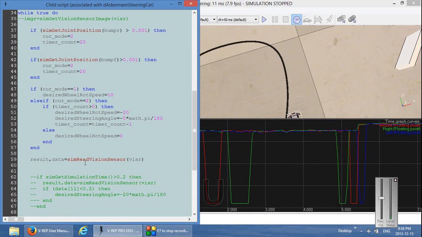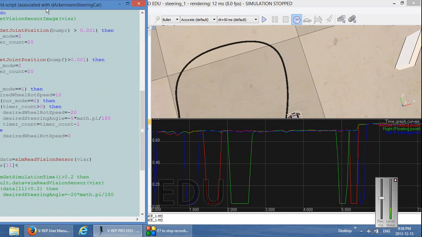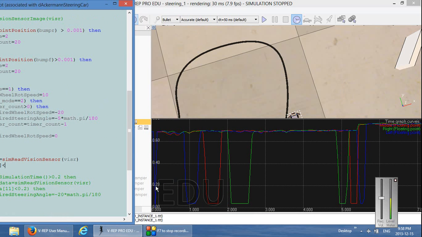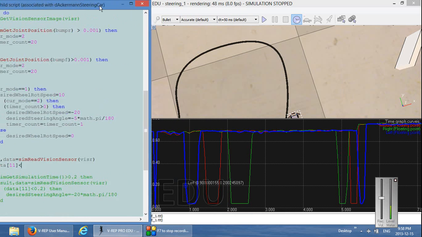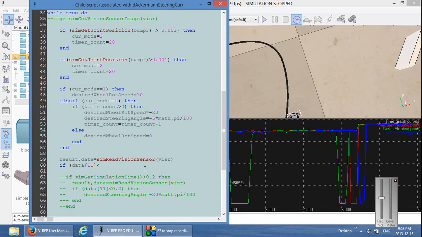So here we can say if data at 11 is less than, don't forget the brackets, is less than, and then here we have to consult the graph, and I'll make a cutoff value of about 0.2. Is less than 0.2, then,